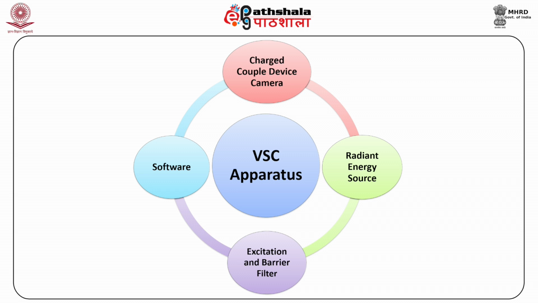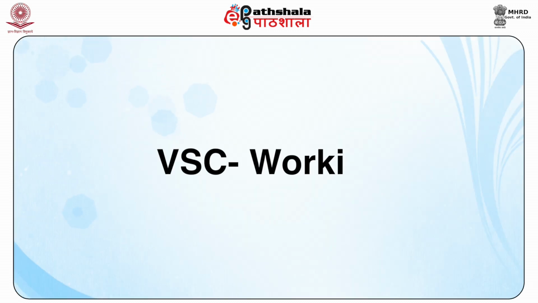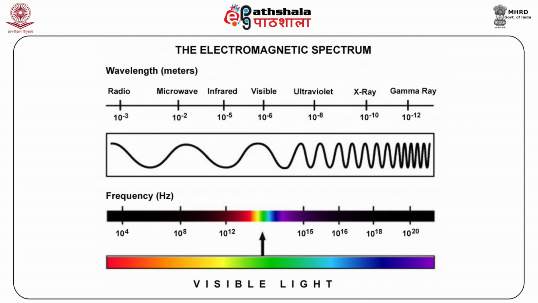You just keep the document and it is scanned, and once the document being examined is scanned, that is, the image has been recorded, you can easily rotate or flip it and convert it into its negative, and also temporarily store and mix with different images, enabling you to try overlapping distinct images and even compare them side by side. If we look at the working of the VSC, that is the Video-Spectral Comparator, then we have to have the